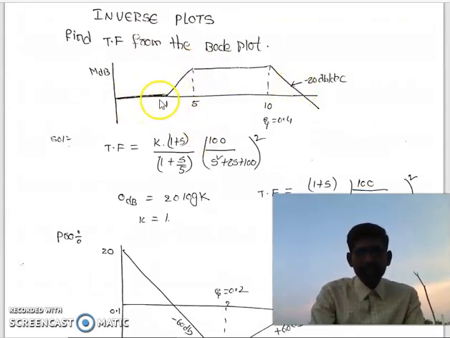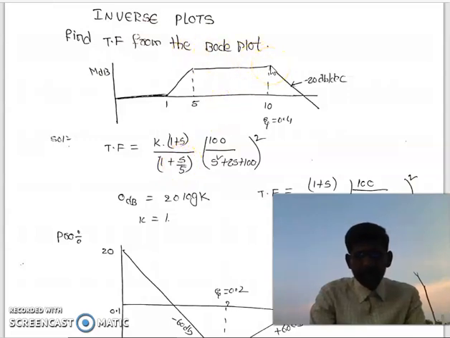For the initial magnitude, the initial slope is 0. So there are no poles or zeros at the origin. So k divided by the corner frequencies, which are 1, 5, 10. These are the corner frequencies. Zeta they had given as 0.4. K into 1 plus s divided by 1 plus s by 5. At 1 plus s, the slope has been increased by 20 dB, so a zero is present at corner frequency 1. At 5, the plus 20 dB has gone to 0 dB, so a pole is present at corner frequency 5.